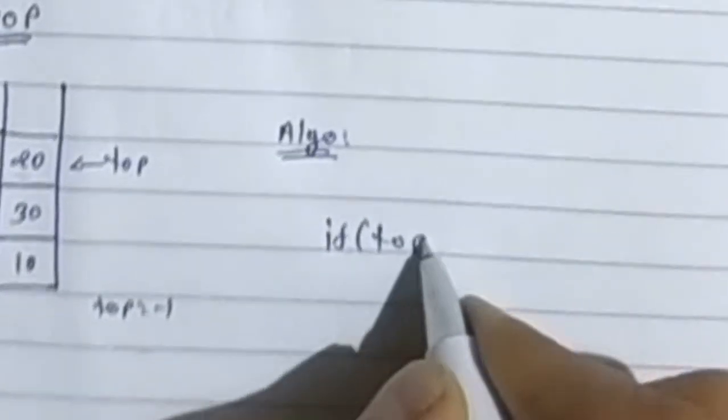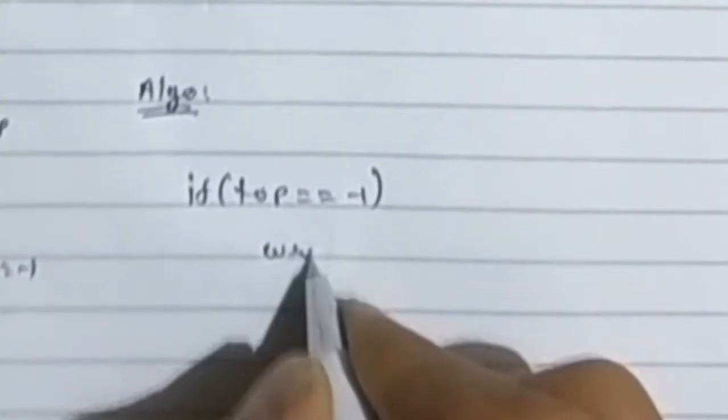If we write down the algorithm for this one, then first of all we need to check whether the stack is empty or not. If the stack is empty, that means top is equal to -1. Then we can say there is no element in the stack and we can write stack underflow. So this condition we need to check. So first of all we are checking if top is equal to -1. That means what? That means write